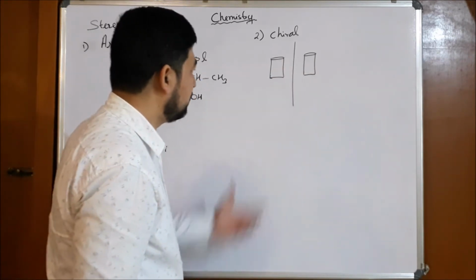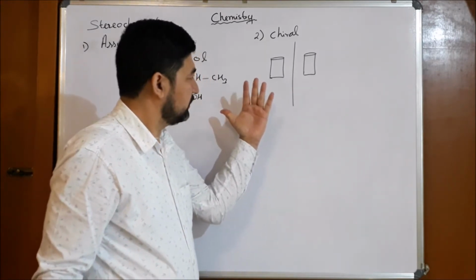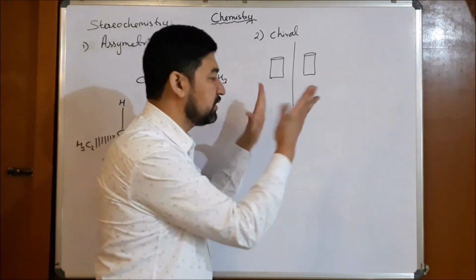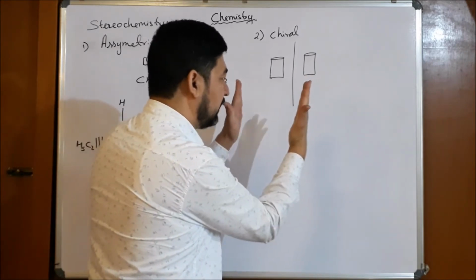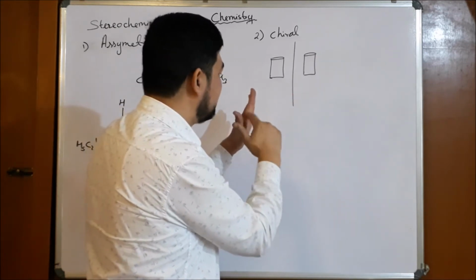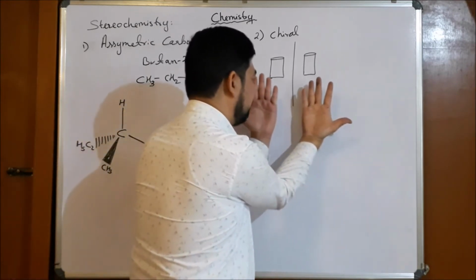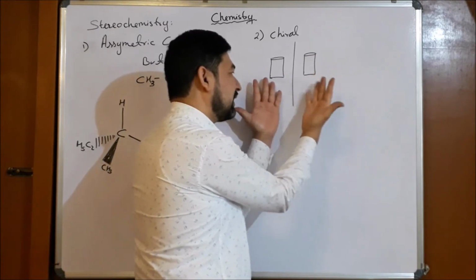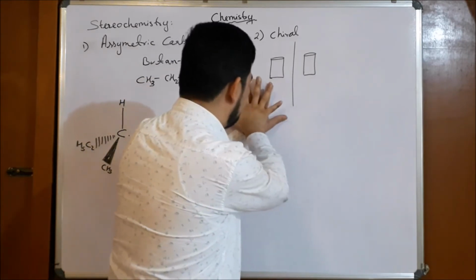Now if I look at my hand, its mirror image is this one, right? If I place the mirror here, it is exactly the mirror image. These 2 are related as mirror images. But can this be replaced by this one? No, right? If I place it like this, they are exactly mirror images, but it looks like it fits, but no. If we see, it cannot be fit.